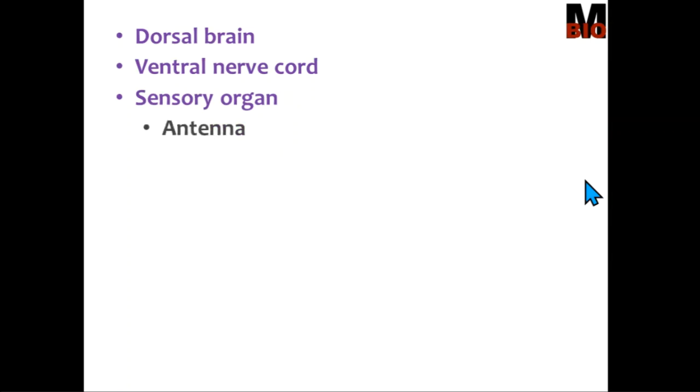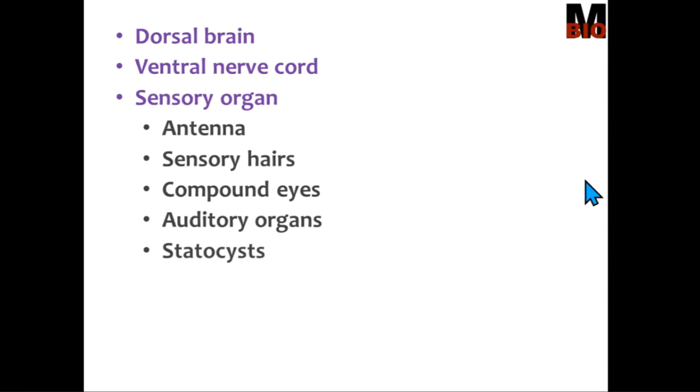Then about their nervous system, they possess a dorsal brain, a well-developed brain, which is the main control and coordination center of the nervous system. From the brain, a ventral nerve cord arises. Then there are many sensory organs that can be seen in phylum Arthropoda, such as antenna, sensory hairs, compound eyes,